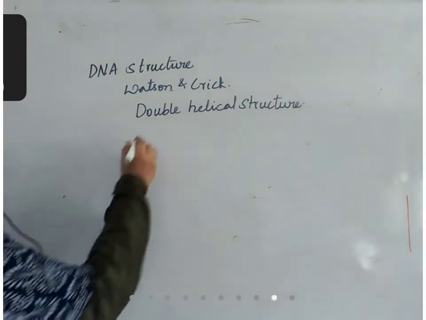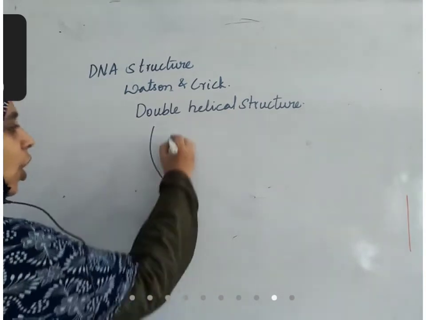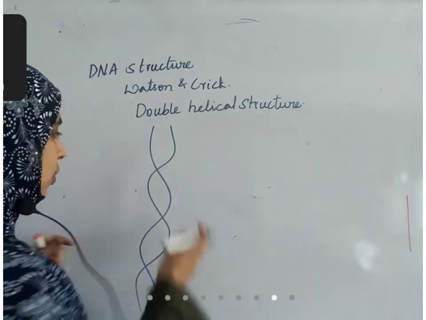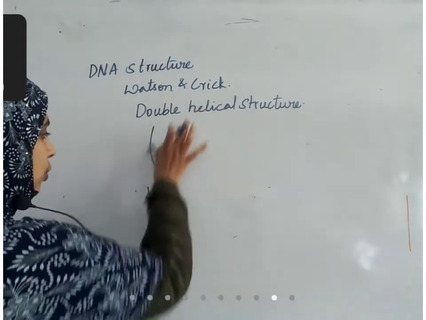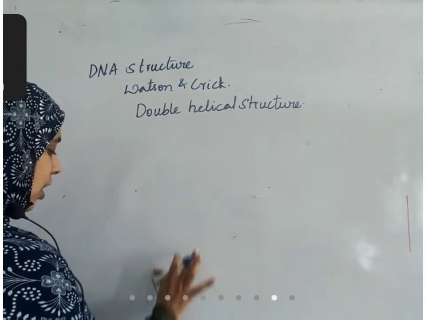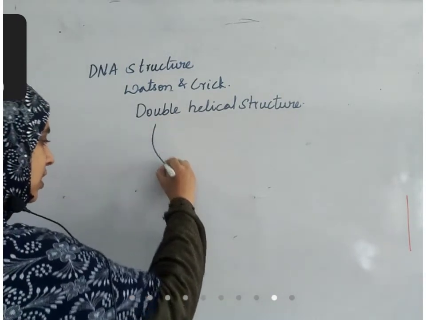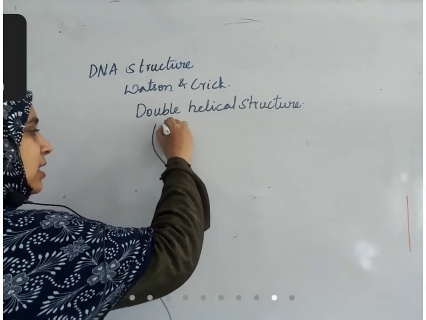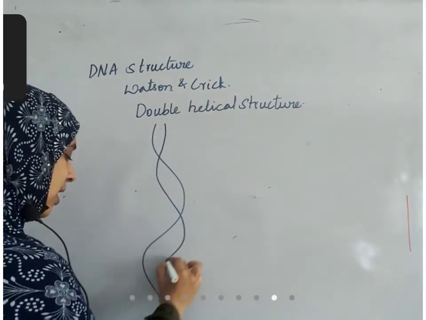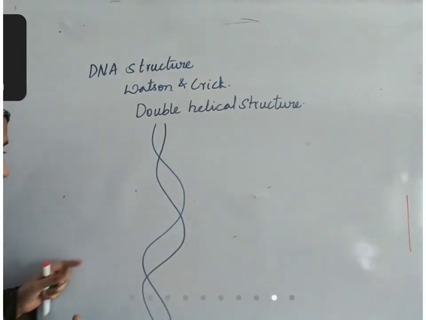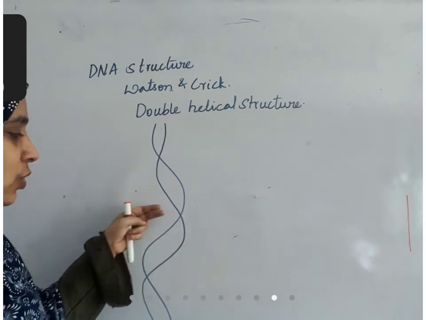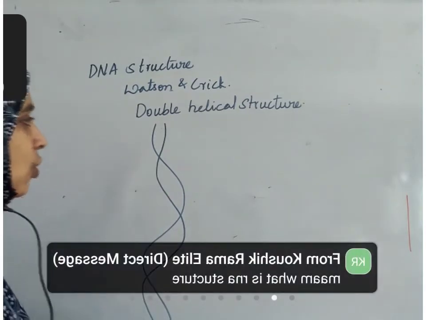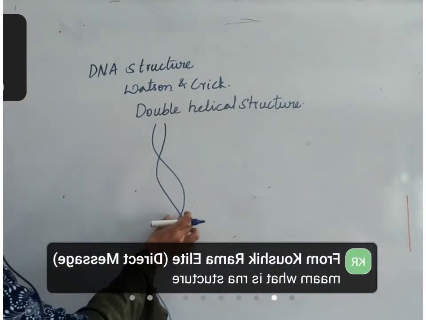That means two strands of DNA are running parallel to each other and they are taking turns. These two strands of DNA are twisted around one another. This is the first strand of DNA. Around this, parallelly, another strand of DNA will run and it is twisted. So here there is no connection. Actually, there is a gap between the first strand and second strand. It is twisted like that. That's why we are drawing it here close.